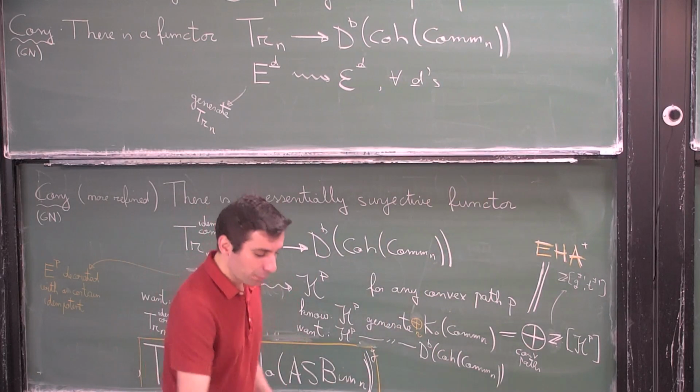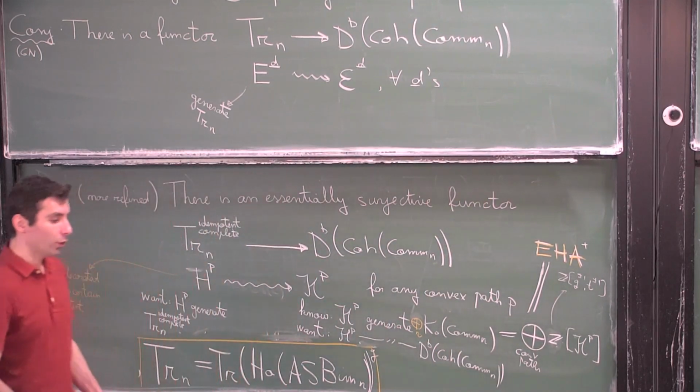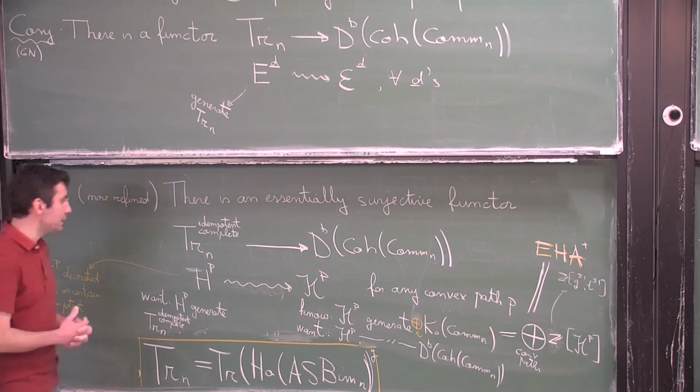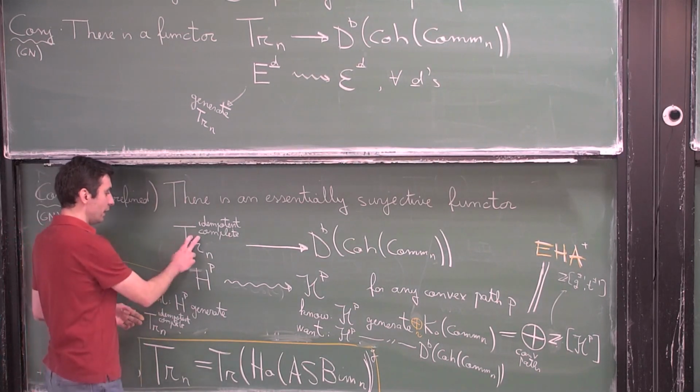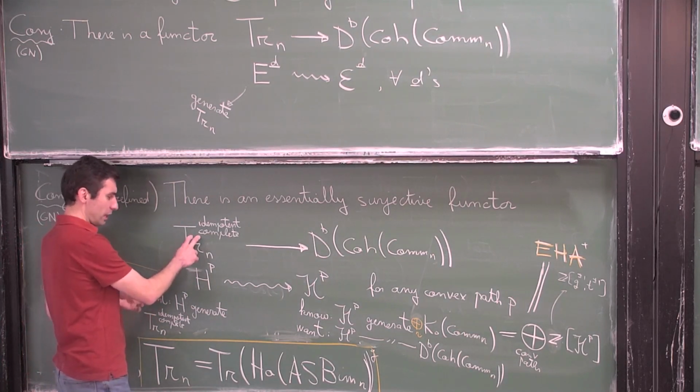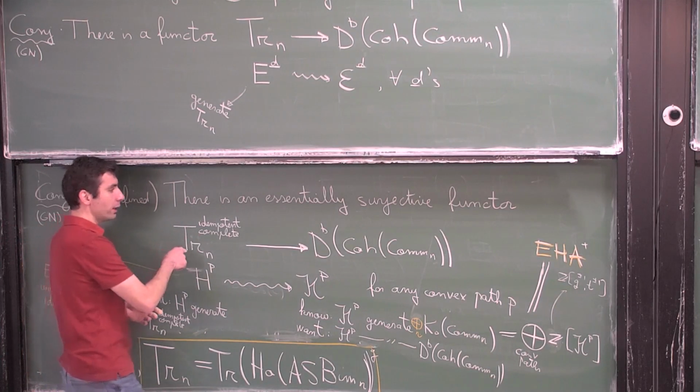So the upshot of this whole thing is that if you believe all of these conjectures, which will take a lot of work to actually prove, I mean a lot of work, and I'm not even sure we have the technology to do this now, so maybe at the QTB in 20 years we will have a proof of this, or we can be a bit more ambitious, but the hope is that you have here a trace of the affine Hecke category summed up over all n should be